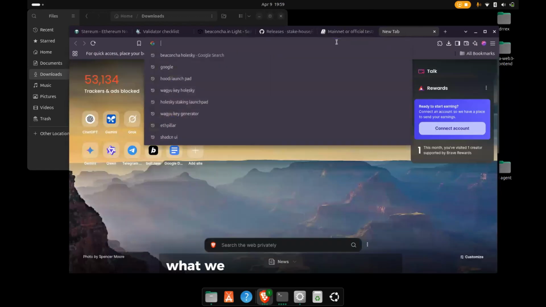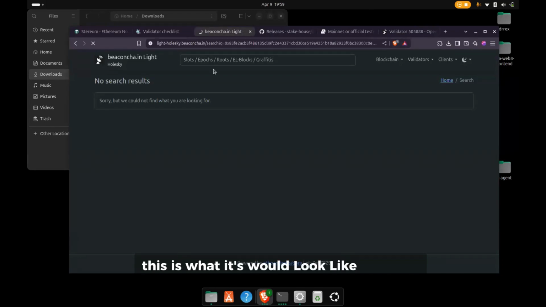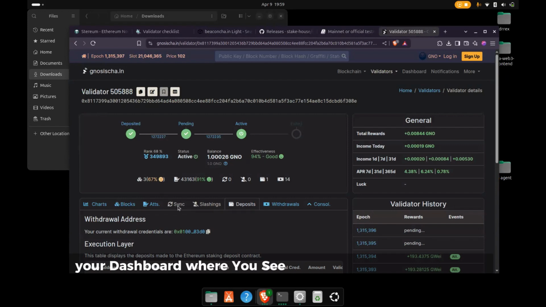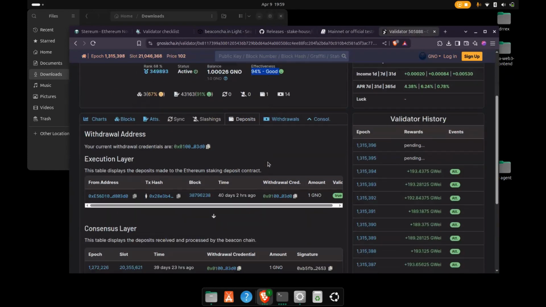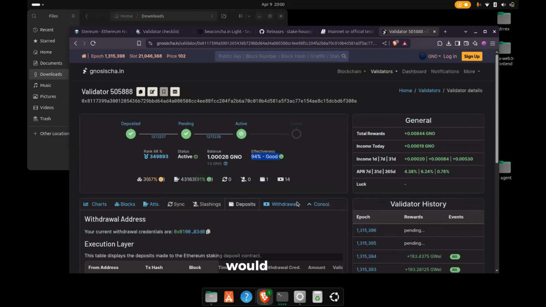What we are trying to access here, which is what we are still waiting for, this is what it would look like. This is your dashboard where you see how your node is performing, it's active. This is the balance. For Ethereum you need 32 ETH, but on Gnosis chain, you can stake as low as 1 GNO. This is the effectiveness of how good it is, and you can see this is your reward for validating. And as you can see, this is your rank. The smaller the rank,